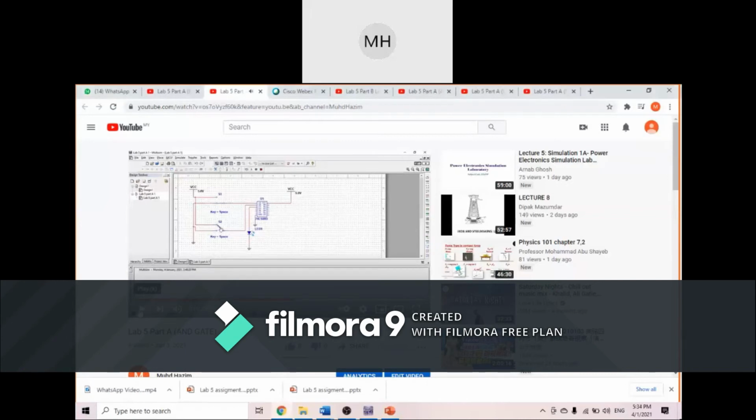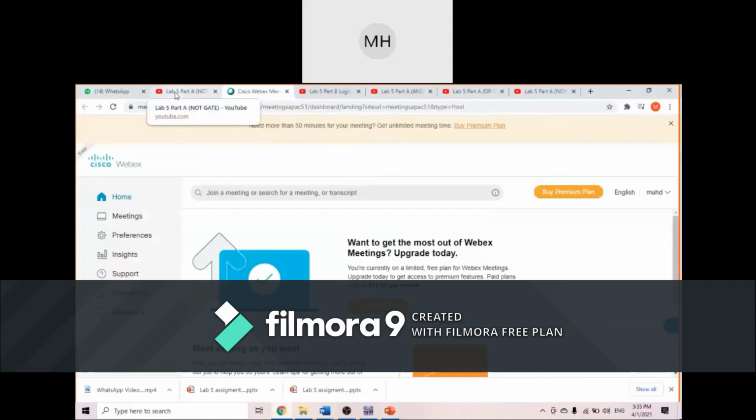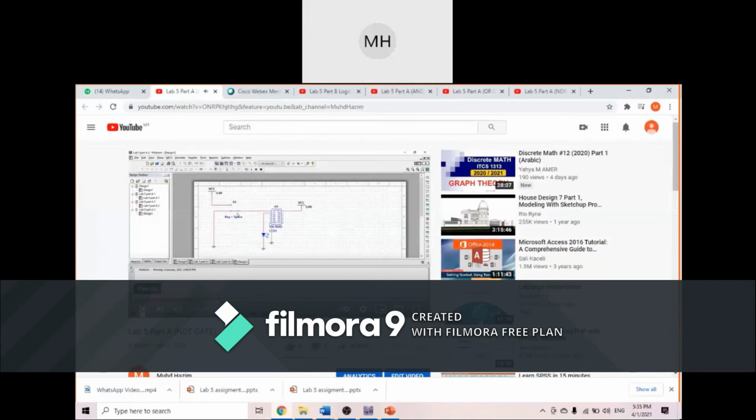As we can see for the AND gate, if one input is 1 and the other input is 0, the LED will not turn on. However, if one input is 1 and the other input is also 1, the LED will turn on. Now let's see the NOT gate first. For the NOT gate, if the input is 1, the output will be 0 because the NOT gate changes the value. So the LED will turn on if the input is 0. It was changed.